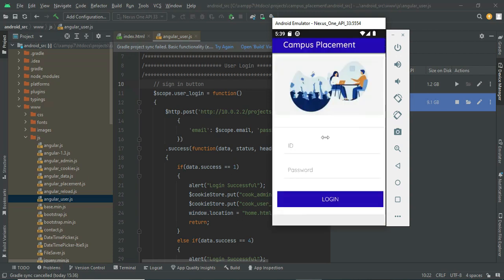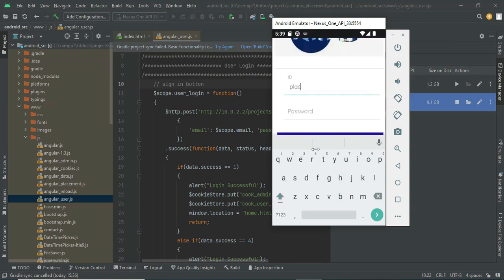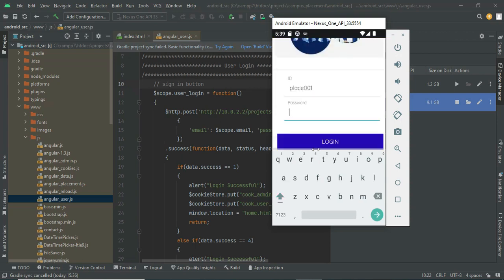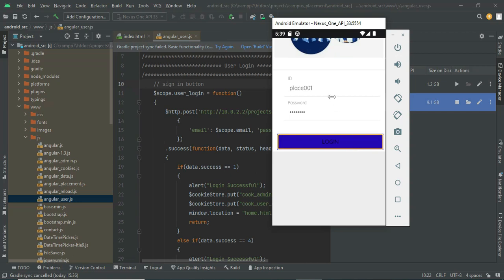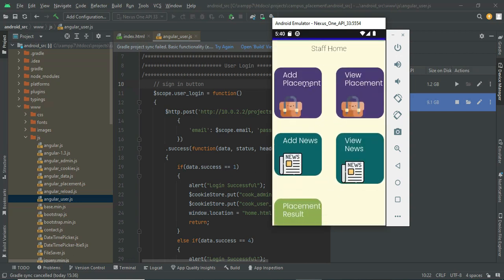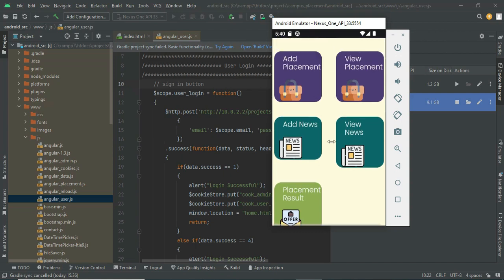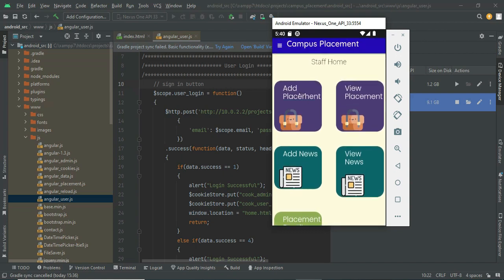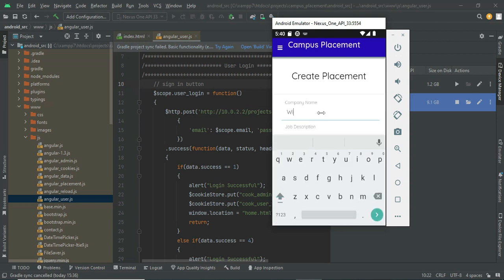So next we will go for the placement officer. Login successful. So if you want to add new placement opportunities, you can add in add placement. You can update the news over here, add news and view news. You can update the placement results also. So I am going to add a new placement now. So you have to enter your company name,